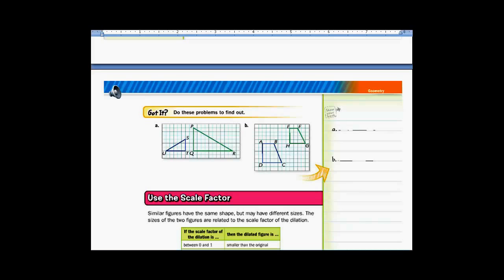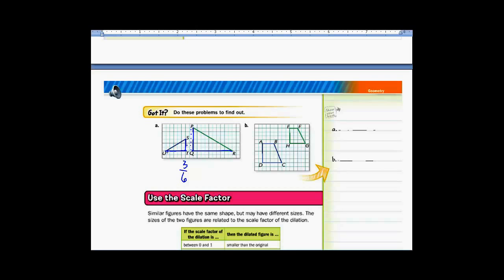Okay, back with me. Let's try this. First one. What am I going to compare here? Let's compare small to big. So 1, 2, 3 units to 1, 2, 3, 4, 5, 6. Again, I want to stay away from the slanted sides unless I would like to use Pythagorean theorem, which I'm going to pass on. So that would mean then I would compare UT